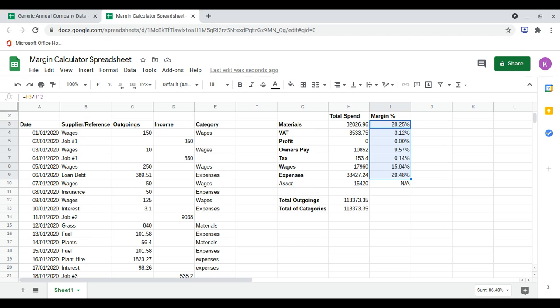So now you've got the margins. As I said, it was either going to be materials or expenses that were the highest outgoing, in which case they were very, very close, and expenses was just slightly more than materials. But it just means when you're submitting a price, you need to make sure you've got your 29.48% margin included for expenses, you've got your 28.25 for materials, and then all the way down